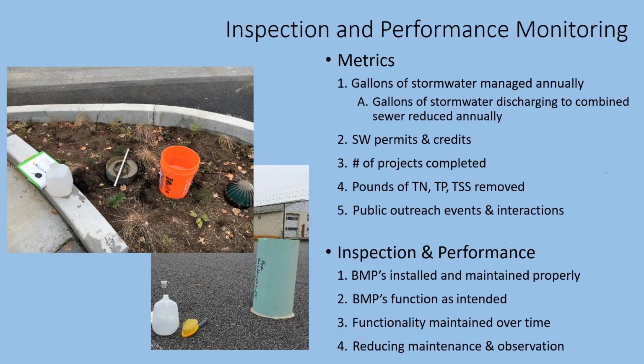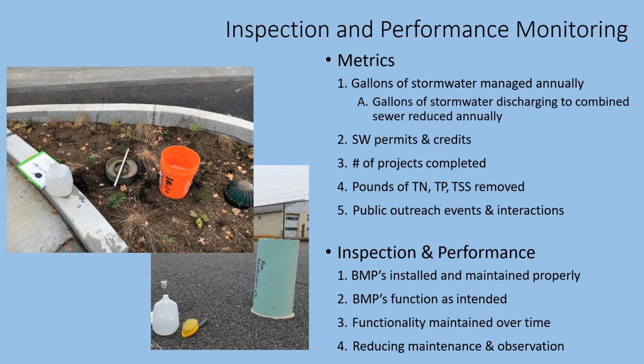Next slide. I will note that we do have some volunteers who are interested in maintaining rain gardens through our Adopt a BMP program. We've had some success with that. It's been slow to catch on, but I'm happy to talk about that later. So moving back to our 75 rain gardens, in terms of our inspection and performance monitoring, we have recently developed a green infrastructure operations and maintenance plan that goes along with our green infrastructure monitoring plan, both of which are available on the city's website.